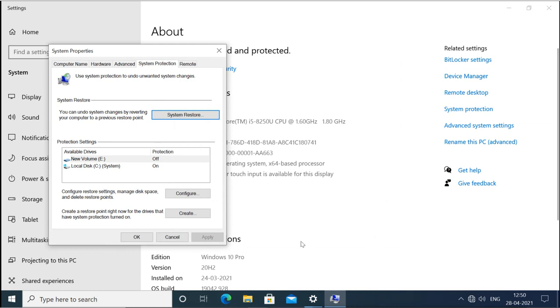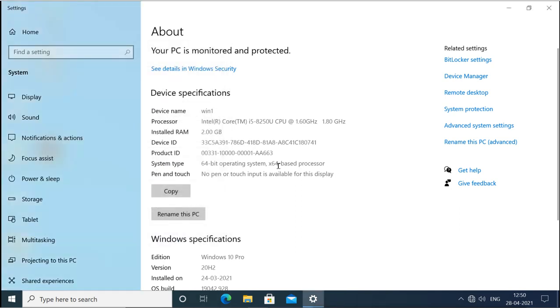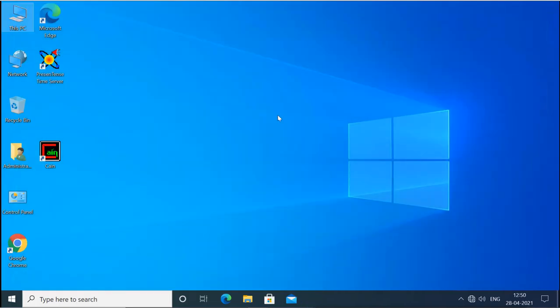Now imagine you have installed an application or driver or something, and your system is now corrupted. Corrupted means your system is not starting, it keeps rebooting. When you start the system, it tries to start, but because it is corrupt, it goes back to restart again.